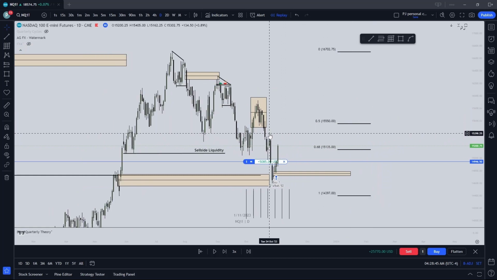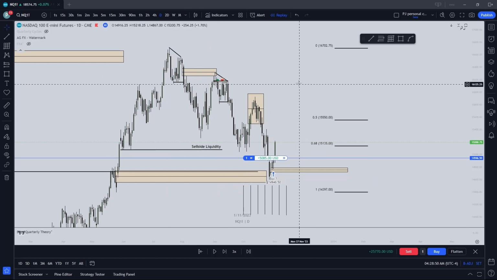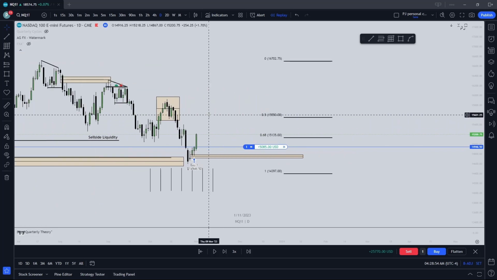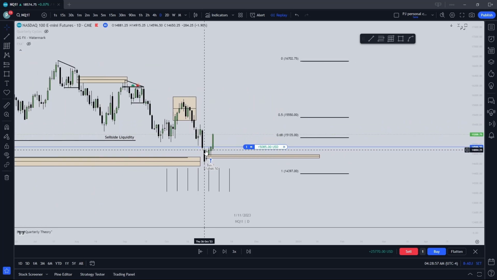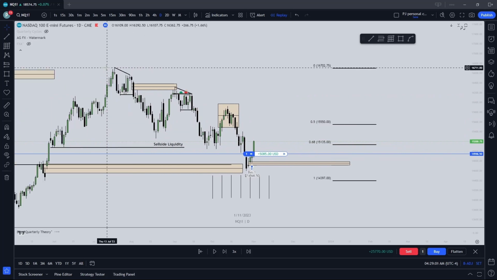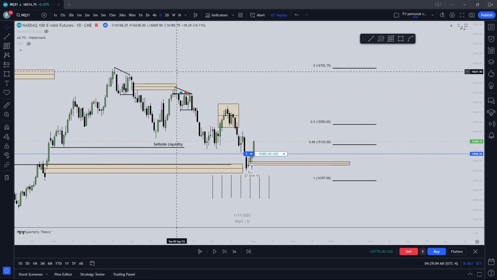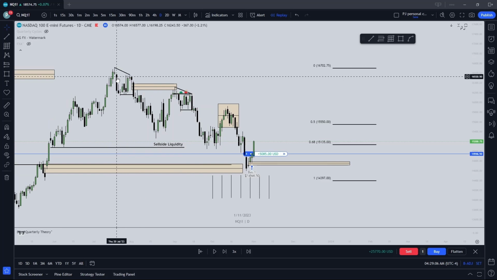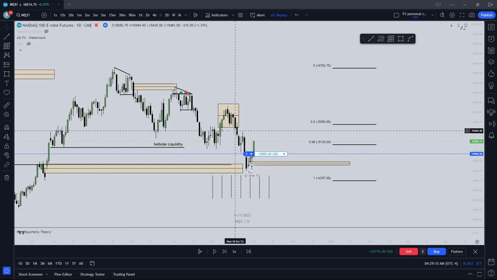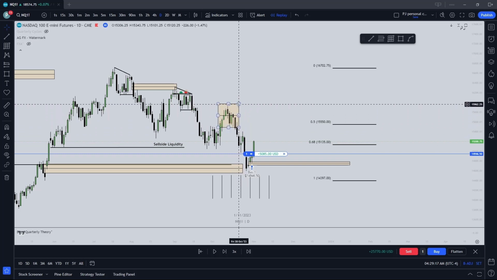Okay, we see that we have a obvious fair value gap right here, and then none above. So if we deliver from this monthly fair value gap, how we should inverse this fair value gap, there should be nothing stopping us from holding all the way to the buy side level. Okay, kind of fake tops, nothing leaving a fair value gap now that we've came all the way down here. It's just a bunch of low resistance liquidity. Okay,